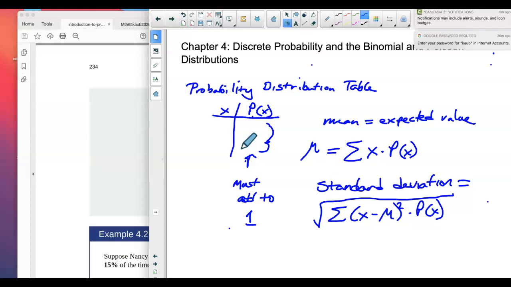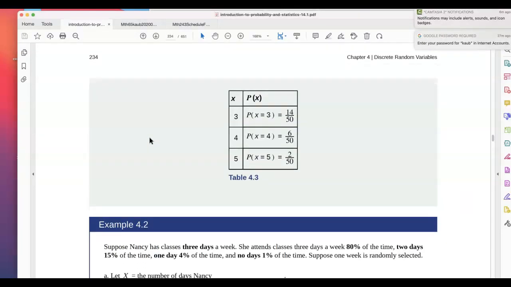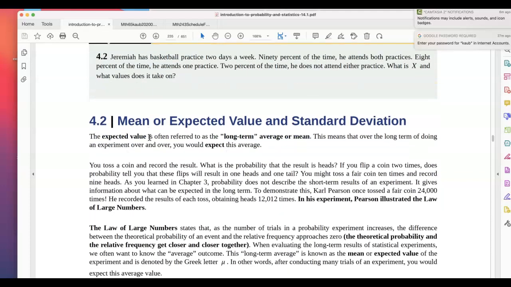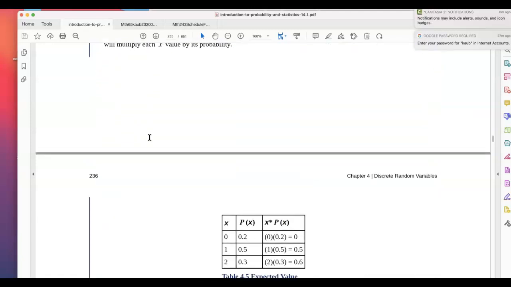Sometimes it's easier to find the expected value just using the formula. I think the standard deviation is more readily done on the calculator because the formula is a little bit more intensive. But we'll do both. We'll try to do a short probability one, and we'll do both of those on it. So let's say we find a probability. Here's the mean and expected value. It talks about them here. So we're going to do one of these